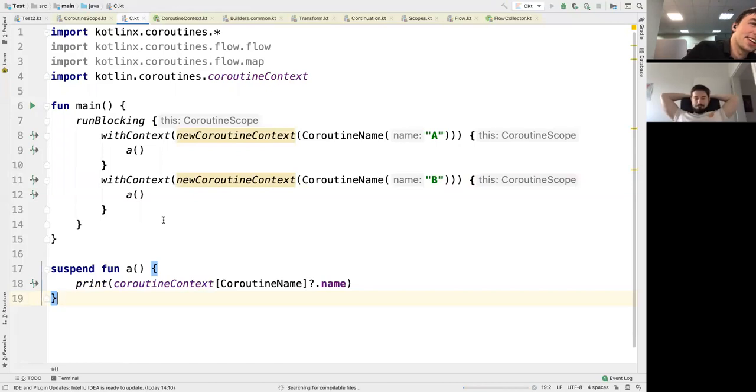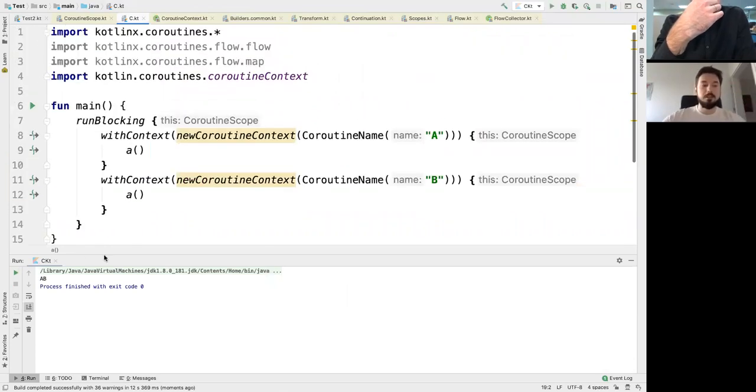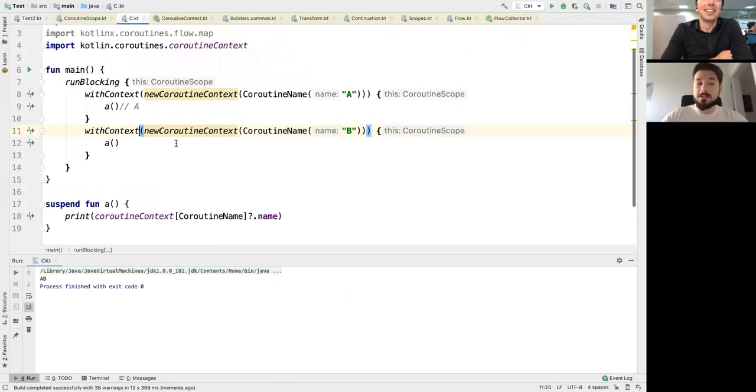It will take some time. But you can see it means AB. So it actually has a parent